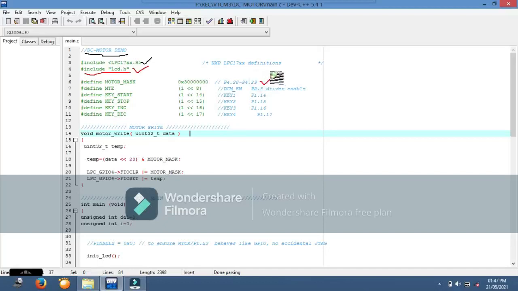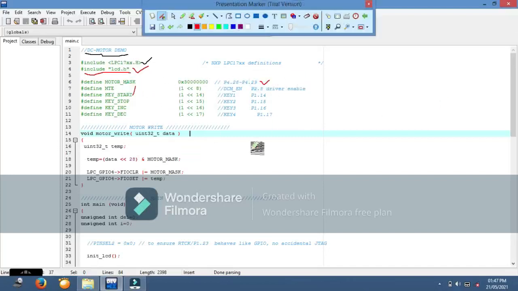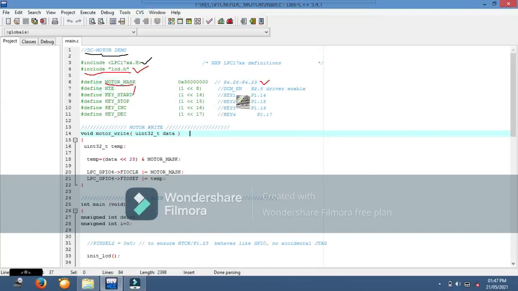First, we are defining MOTOR_MASK as a variable. For that we take 0x33 followed by 7 zeros, so the motor mask value is 0011 and all the remaining bits are 0.